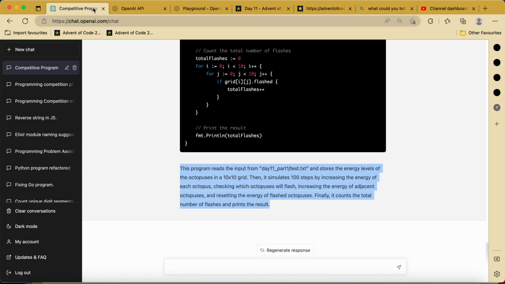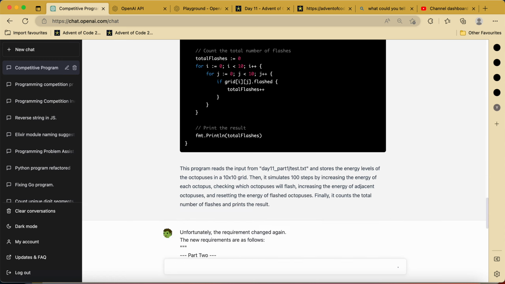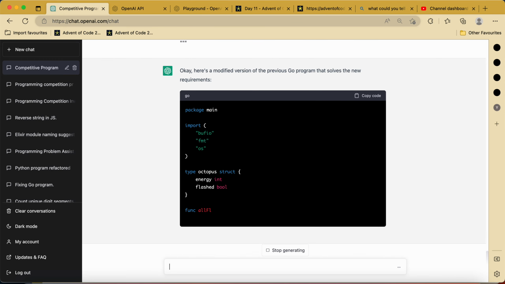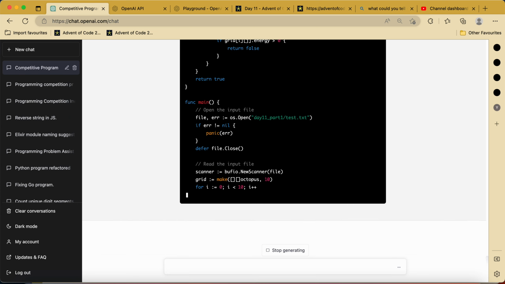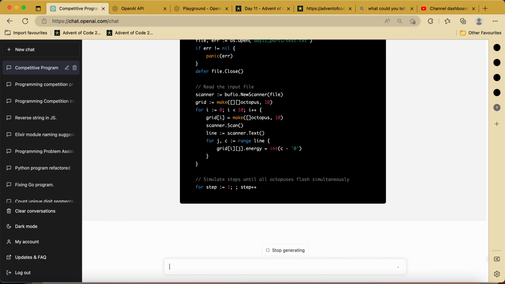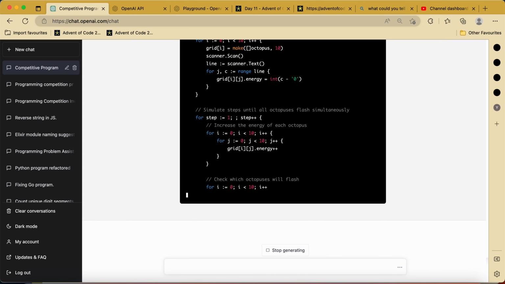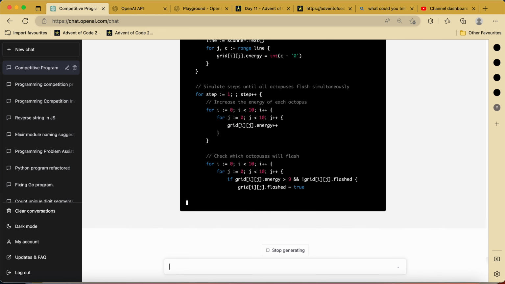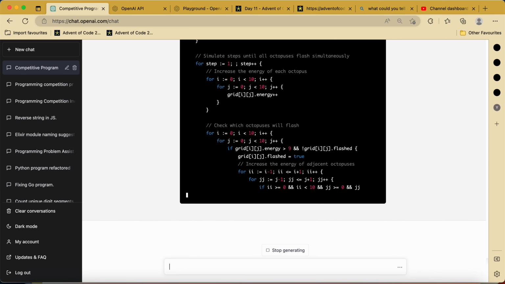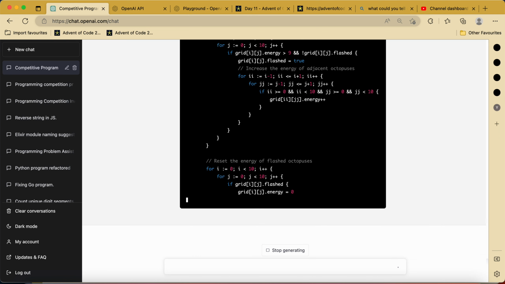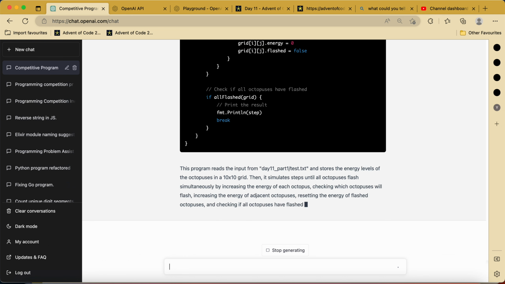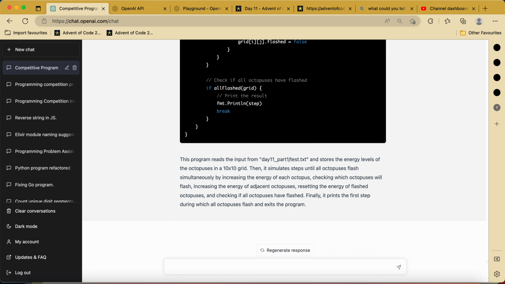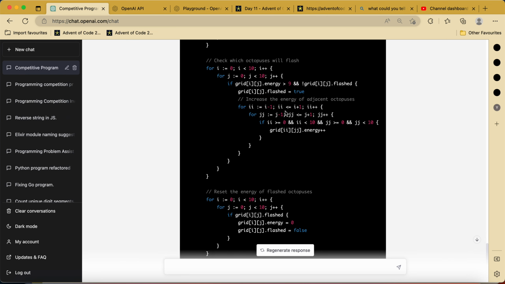That's the first solution. Okay, and we're getting, so to say, a modified version. Let's see how this new modified version would be working. Okay, it's a little bit